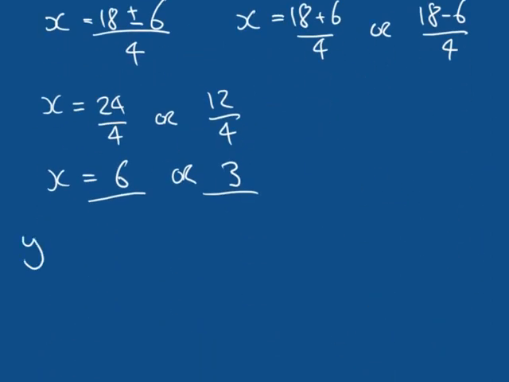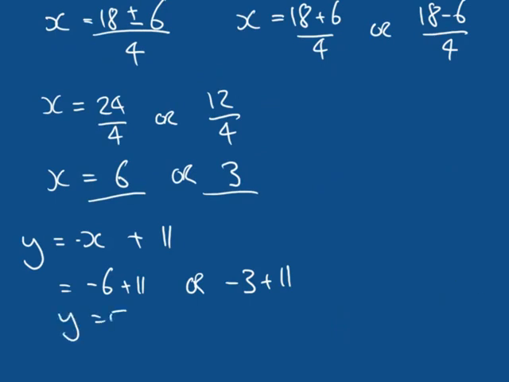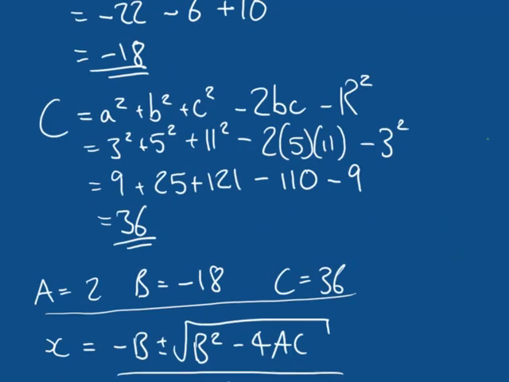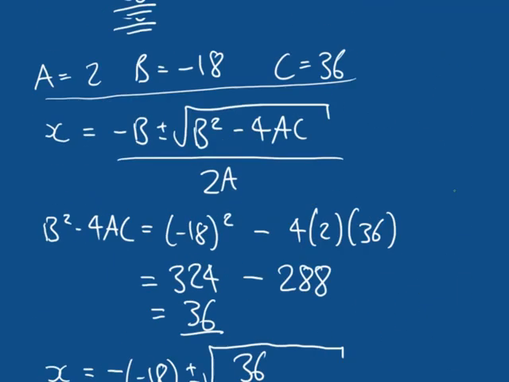So y is equal to minus x plus 11, which means it's equal to minus 6 plus 11, or minus 3 plus 11. Well, minus 6 plus 11 is going to give us y is equal to 5. Or minus 3 plus 11 is y is equal to 8. This means that our points of intersection are 6 in x, 5 in y, or 3 in x and 8 in y. Now if we were to draw this out, and I don't really have enough room here to really draw it,